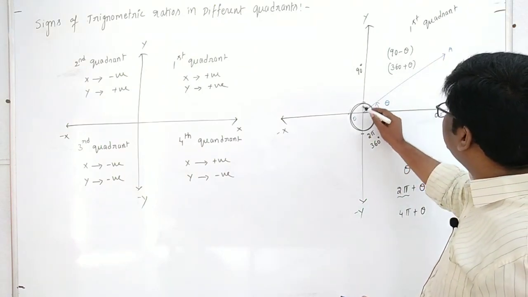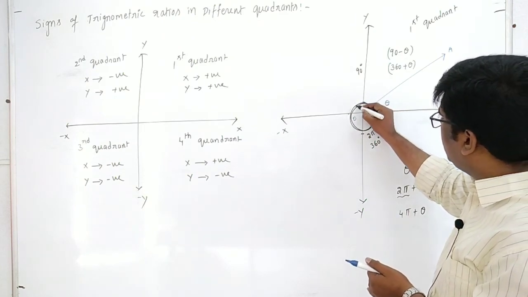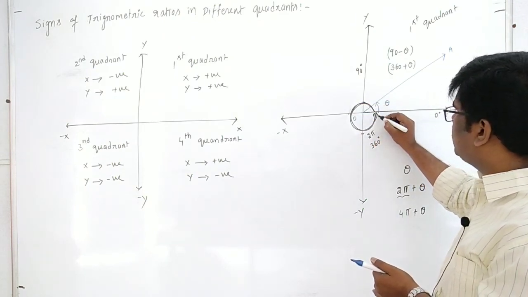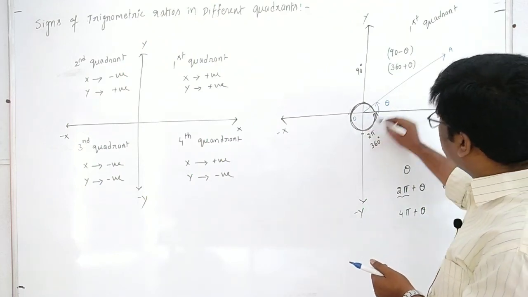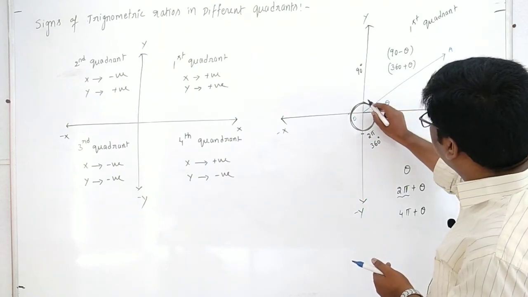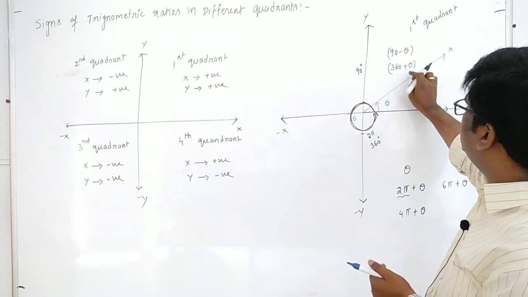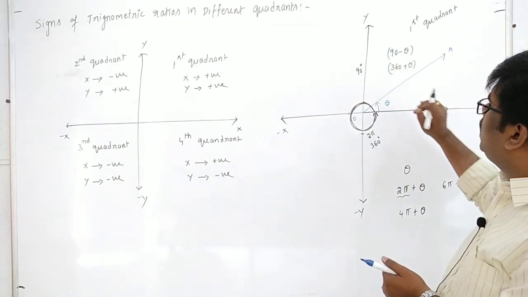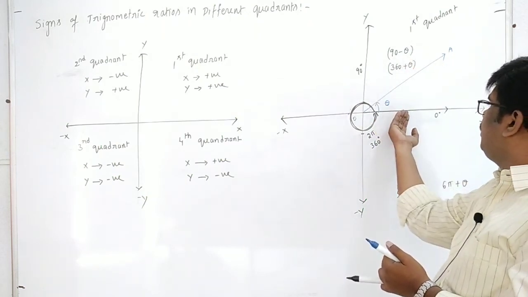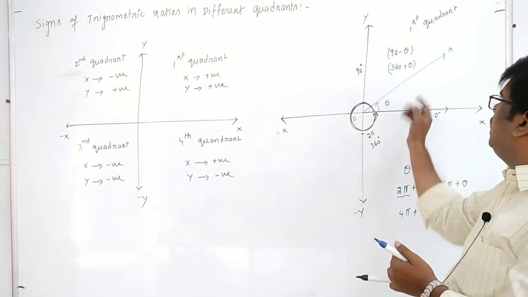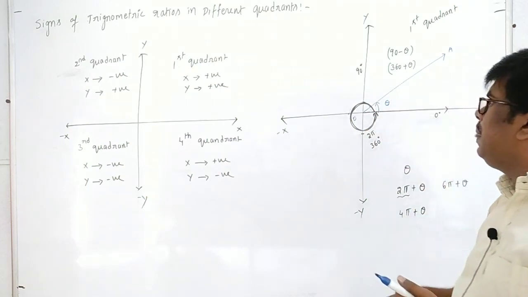Because from the beginning positive x-axis, you again came back to the positive x-axis. From this we make an angle theta. So 360 plus the extra angle, whatever lies between x and y, that angle is theta. Okay, so that's why the first quadrant you can also say 90 minus theta, less than 90, or else from here one complete rotation is 360 plus theta.